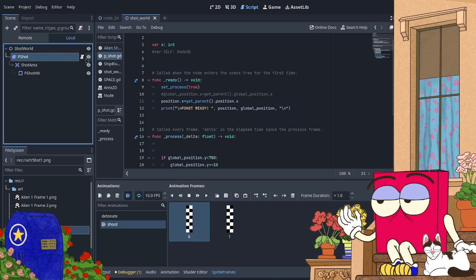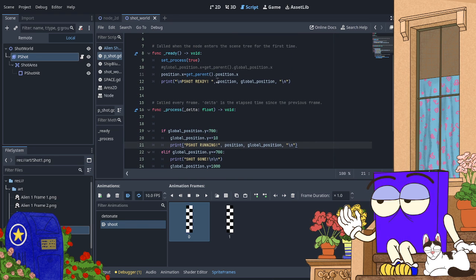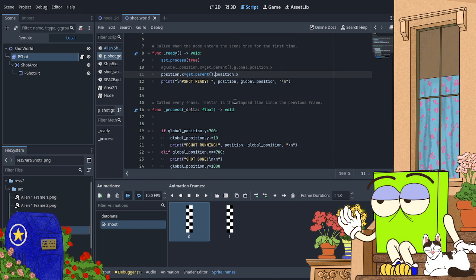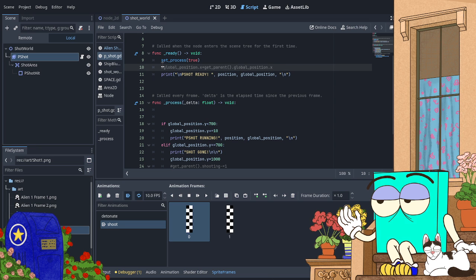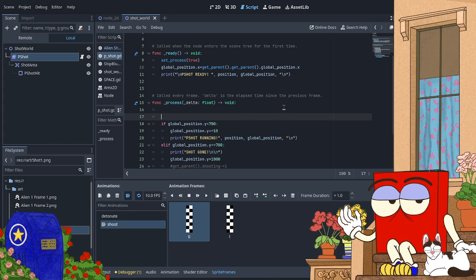I needed to start at, let me see here if that'll work. I think I have been doing it absolutely correctly, except for, can I do a get parent? Get parent? It has no complaints.